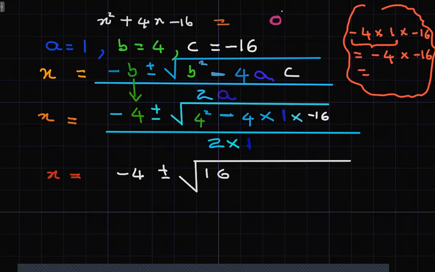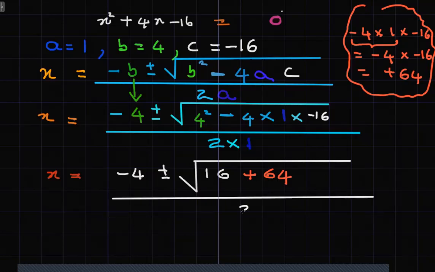And minus into minus, that's plus, and 4 times 16, that is 64. So it is plus 64, divided by 2 times 1, that's 2. All right, so let's go further. So we have got x equals